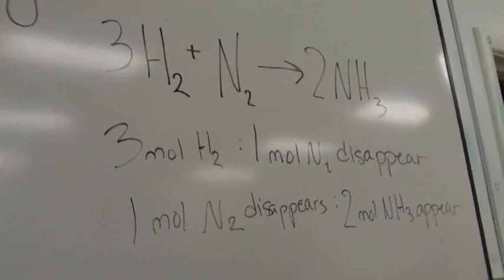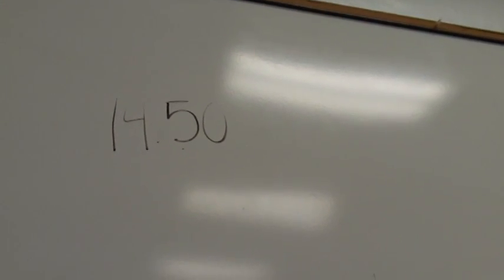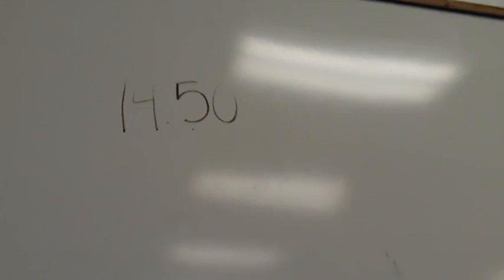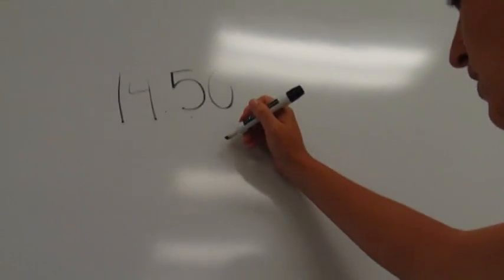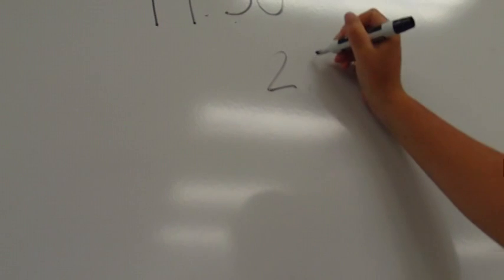In the combustion, 14.50. In the combustion of hexane, a low boiling component of gasoline, it was found that the rate of reaction of hexane was 1.2 moles per liter per second. They asked for the rate of the reaction for oxygen, the rate of reaction for carbon dioxide, and the rate of reaction for H2O. So we start off just with the balanced equation, which is